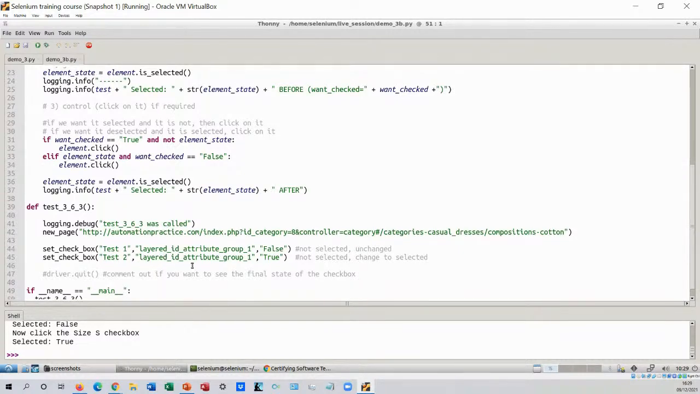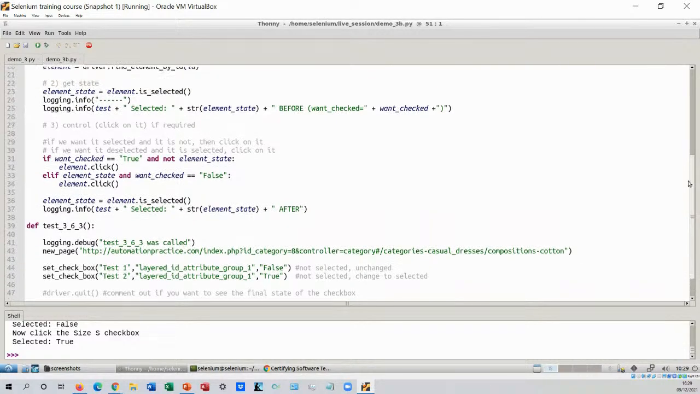The second test, it's still unselected, but this time in the function, I want it to be selected. So it will go in, it will see it's not selected, and it will change it. So if I take you to the function,